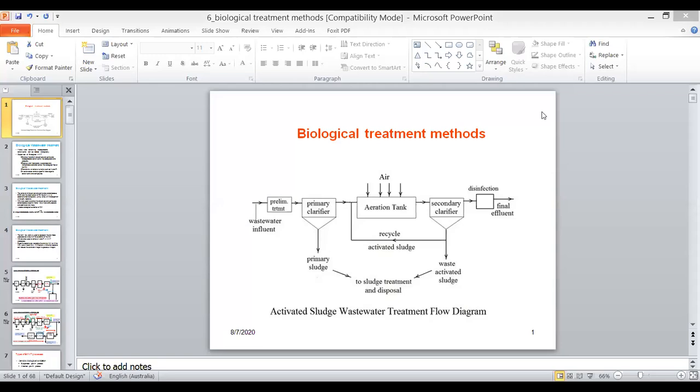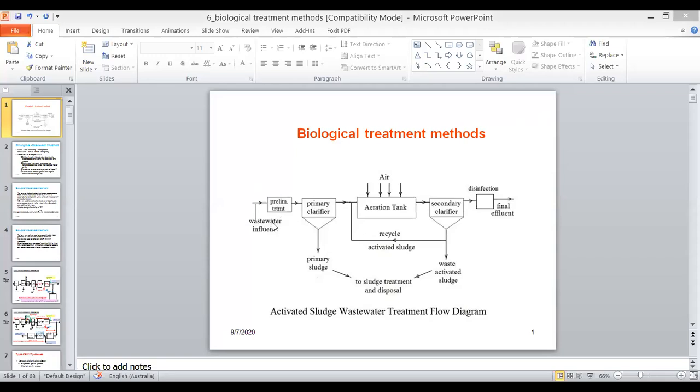This lesson is about biological treatment methods used in wastewater treatment. Now, all of you are familiar with the conventional wastewater treatment plant. This is a sketch of a conventional wastewater treatment plant. As you know,